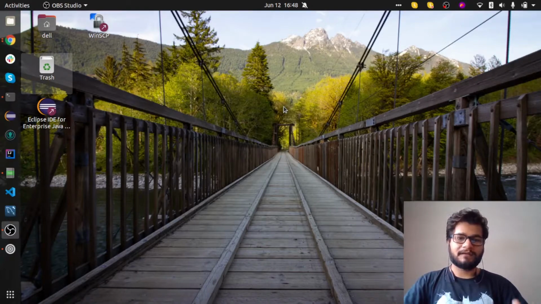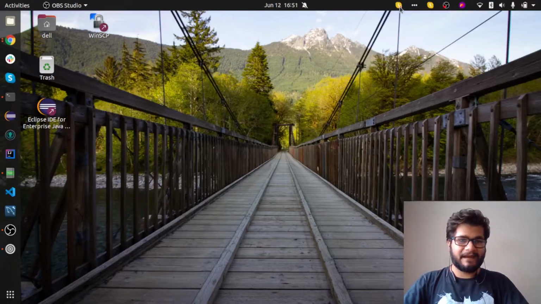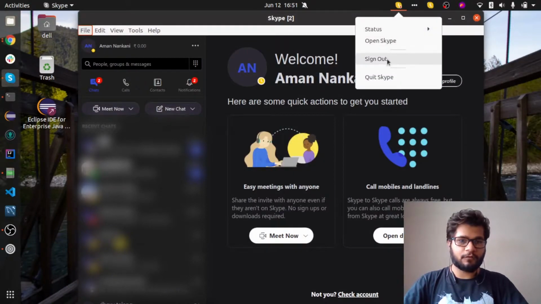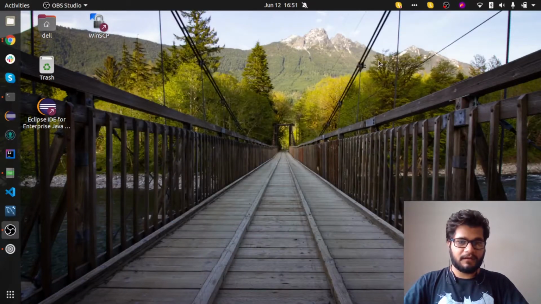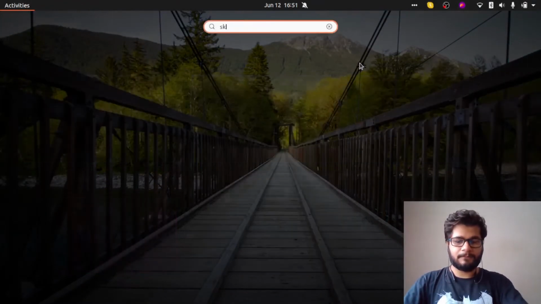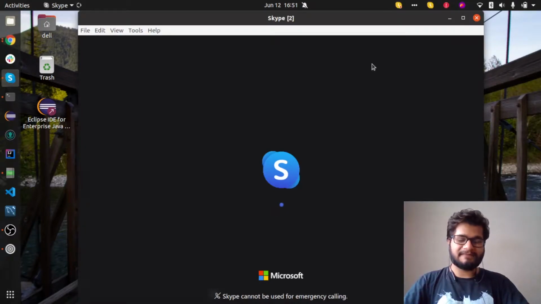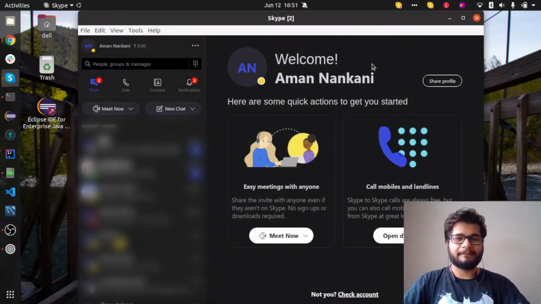So let's say I log in currently on the secondary Skype, but when I log back in, it won't basically save my credentials. I have to again enter my credentials. For example, let's say I have this primary Skype right now, and when I quit this Skype and open it up, it would automatically log back in, as it is expected to do. It is expected to log back in with my credentials again.